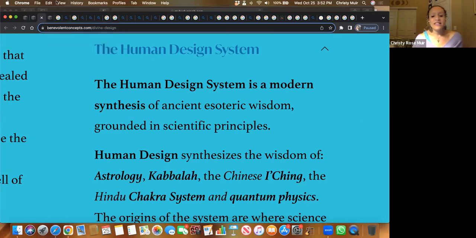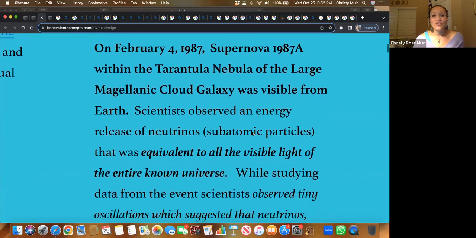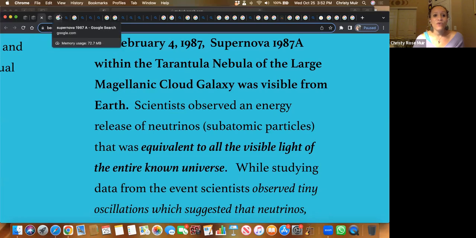So, the human design system is a modern synthesis of ancient esoteric wisdom grounded in scientific principles. Human design synthesizes the wisdom of astrology, the Kabbalah, the Chinese I Ching, the Hindu chakra system, and quantum physics. The origins of the system are where science and mysticism intersect. So things get interesting here because we're going to be hopping back and forth between things that are thought of as esoteric, sort of mystical, maybe even a little woo-woo systems, and some actual grounded science, starting with this supernova